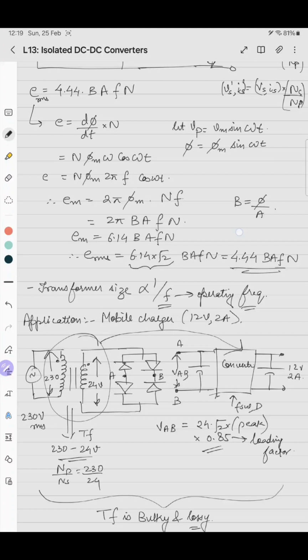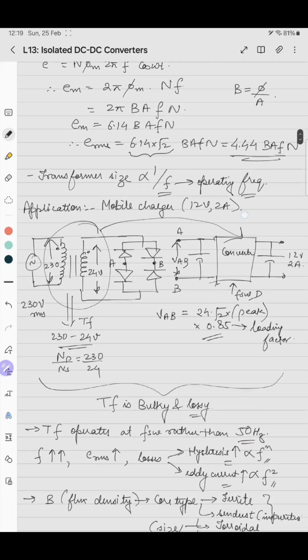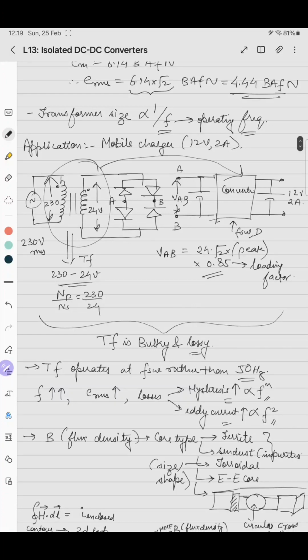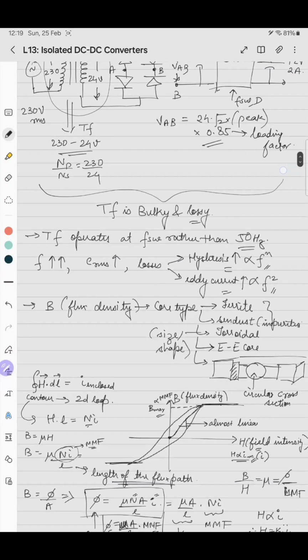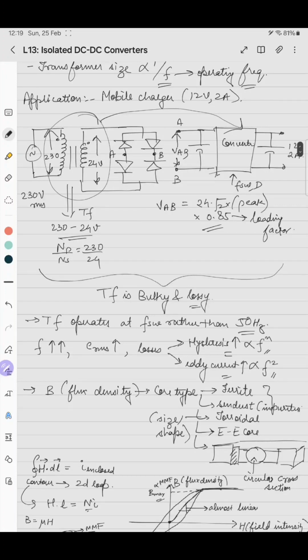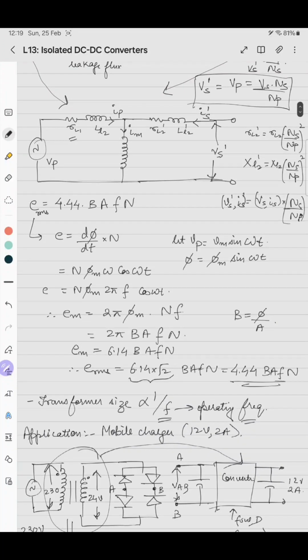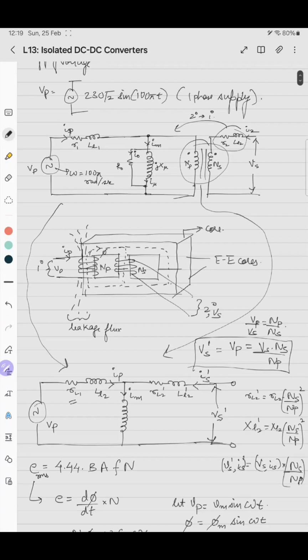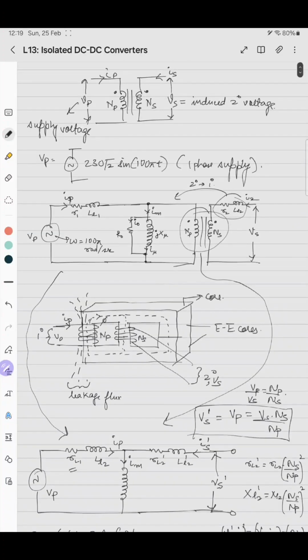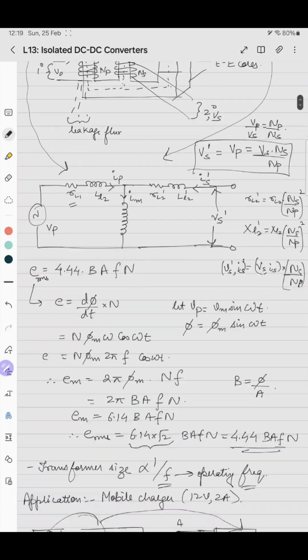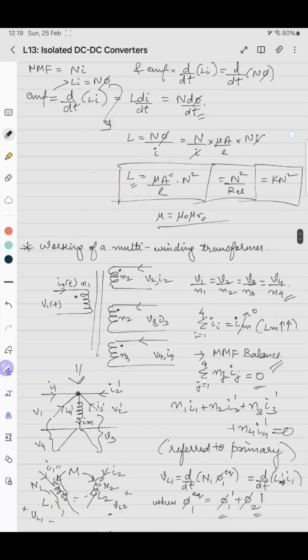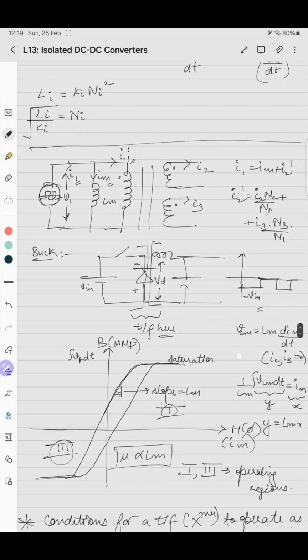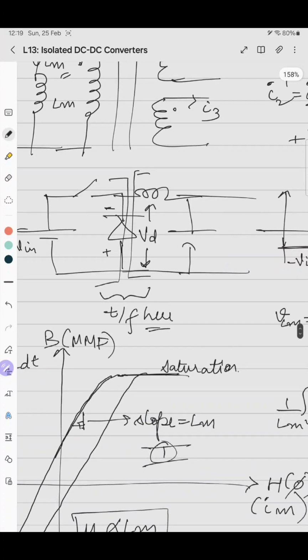So we saw the usage of a transformer as a power transformer for any DC mobile charging application. We saw that the transformer operating at power frequency is bulky, so we should operate it at the switching frequency, which means that we should keep this transformer as a part of the converter. Now the analysis of the transformer, which we saw till now in our basic BTech electrical course, is operating using an AC source. Now if you take the example of any DC-DC converter, say a buck converter, and if we try to break the buck converter into two parts, so let's say here after the diode and this inductor,